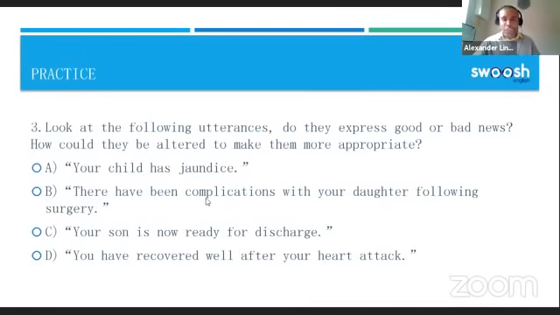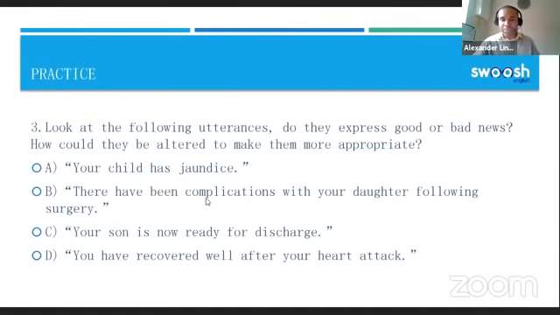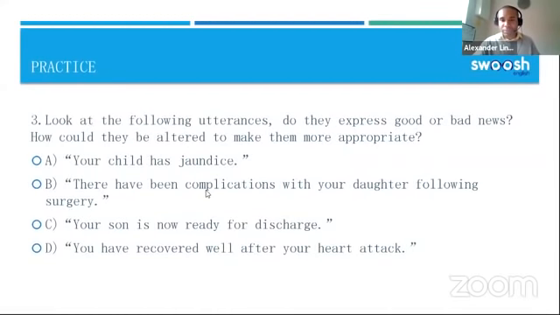Okay, so let's see if we've got any suggestions coming in so far. Let's have a quick look here. Okay, so we've got some good expressions here. With the first one, it is bad news, is what's being recognized here, but there's treatment available. So very nice. So that can be included, can't it? So I do have to tell you, unfortunately, that your child has jaundice, but we do have treatment available. So yeah, absolutely. Yeah, Amber, it's a nice one.